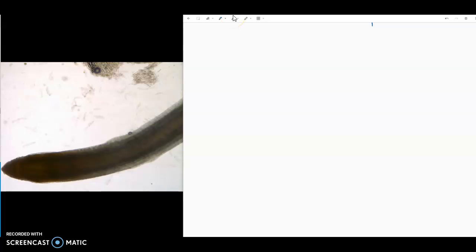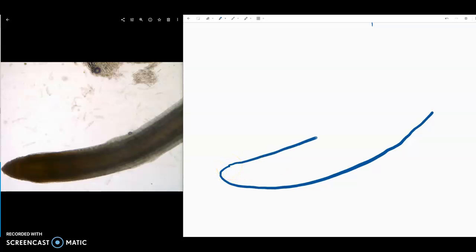Alright, so we're drawing a root tip here, and this is from a wheat seedling that's just a couple of days old. We have its main root there, the radicle. We're going to talk about the different parts of that root. So that's kind of the general form that we're seeing. And then on the tip we have